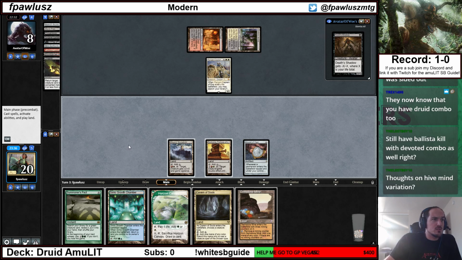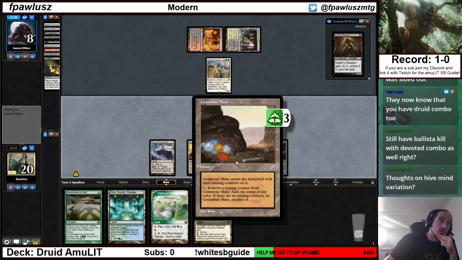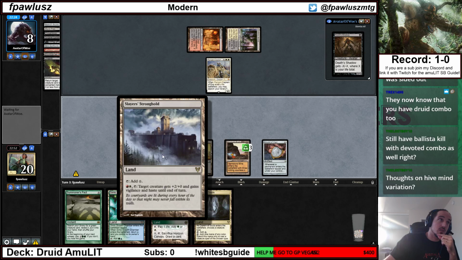I could Pact for Azusa. Pact for Azusa, go up to 5 mana. It's kind of rough to do that. I'm like crazy far behind at this point though. I think I'm just gonna pass. Play out the gemstone and pass. We do have the trick to give. We're gonna have access to hasting our Devoted Druid thanks to Slayer's Stronghold, so that is very much a